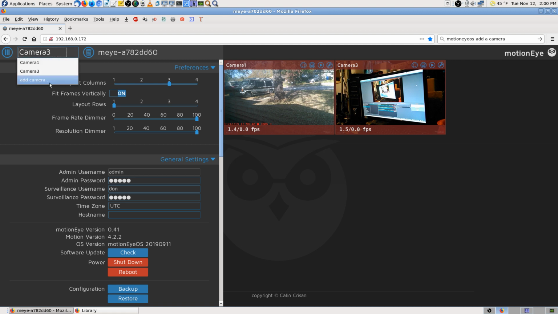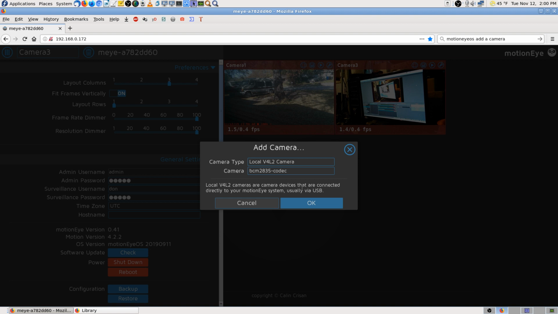Okay, now camera 1, camera 2, add camera. All right, now it defaults back to that. Might be that camera. I think that is that. I don't remember if the BCM was this one or the D-Link camera. I forgot the name of this camera. But the codec didn't work last time. I'm going to leave it like that and see if it works, but I'll show you. See, we got other choices. I think I need Video for Linux, because that's how Linux interfaces with a USB camera. I do need that. But the BCM 2835 codec,